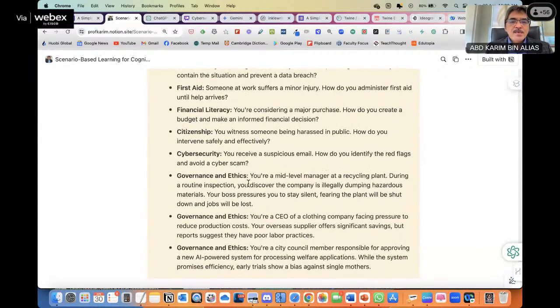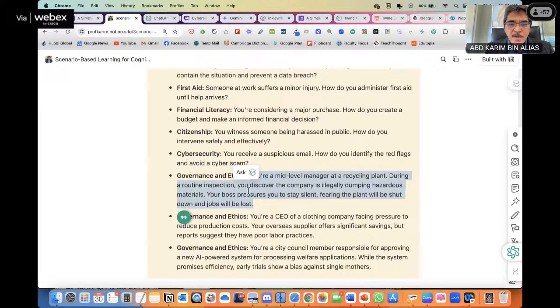I want to pick the example that I showed just now using cybersecurity. I want to pick this example because in the last webinar, Dr. Ain mentioned her area, which is governance and ethics. So this is a scenario. You are a mid-level manager at a recycling plant.